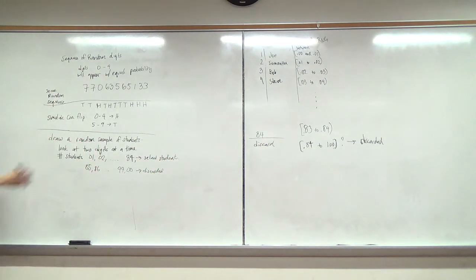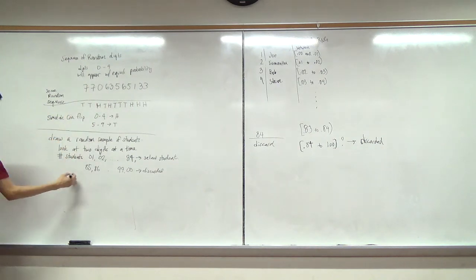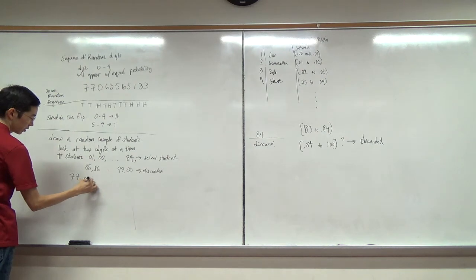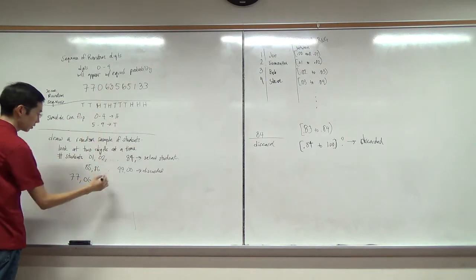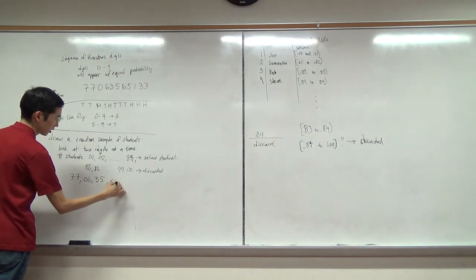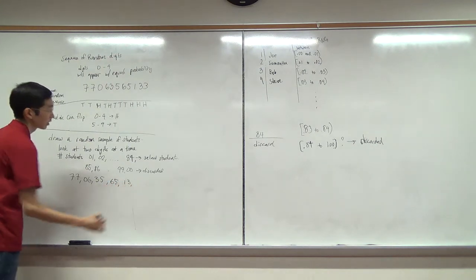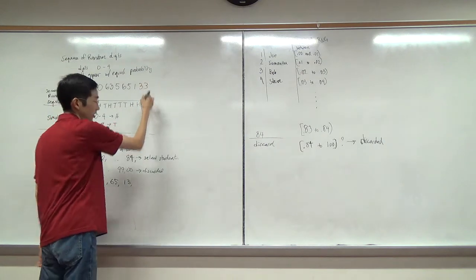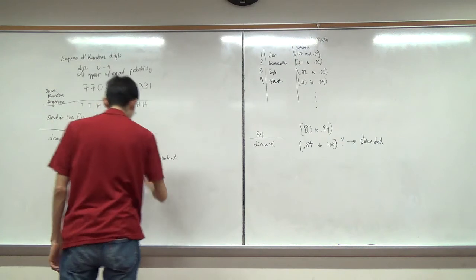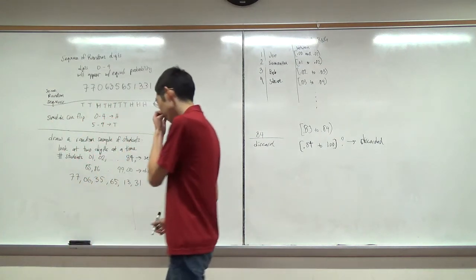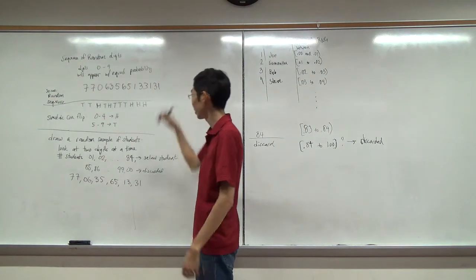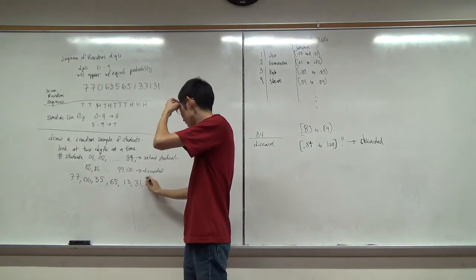So according to our sequence, the first student selected would be student 77, then student number 6, then student 35, then student 65, student 13, and then I would need another digit, student 31. Okay. And if for some reason, let's say the sequence went 31, 31 like that, then we would